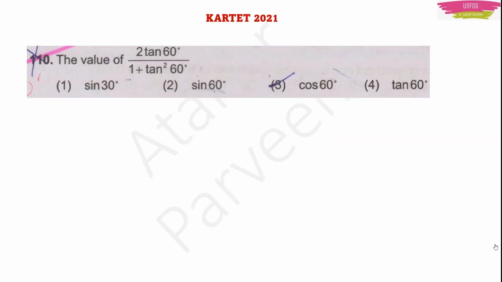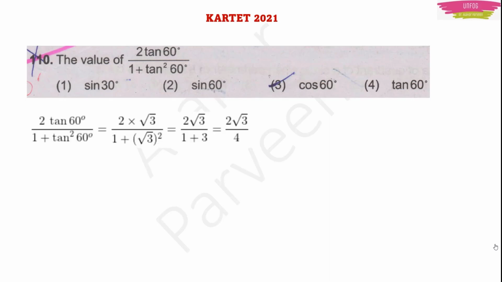Now this question was asked in Karnataka TET 2021. The question is 2 tan 60 degree by 1 plus tan square 60 degree. You just substitute the values by using the table. Correct? If you substitute the values, you will get the answer. See here,